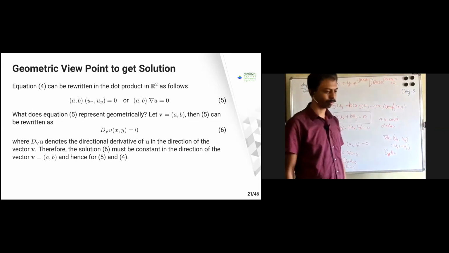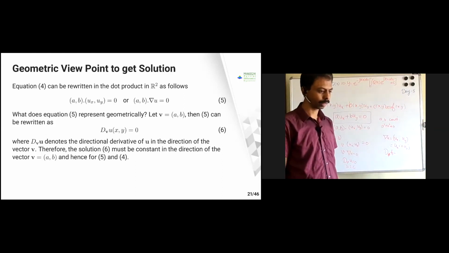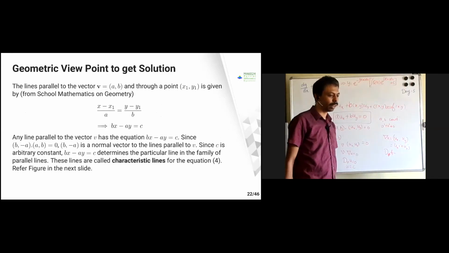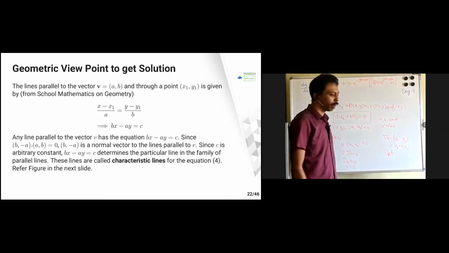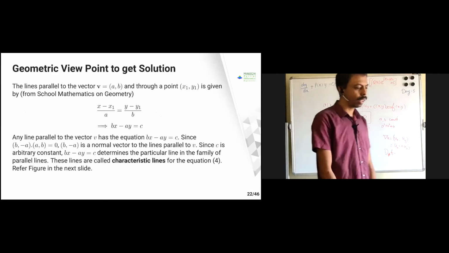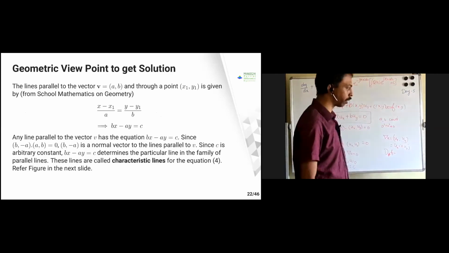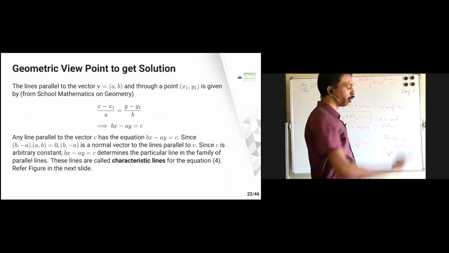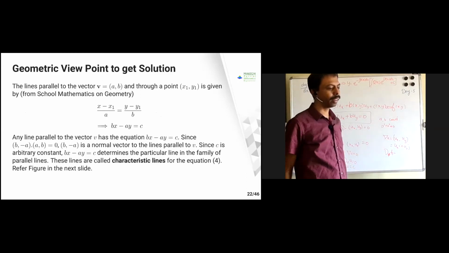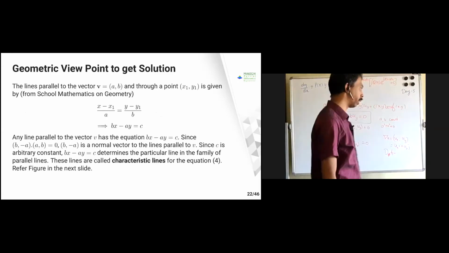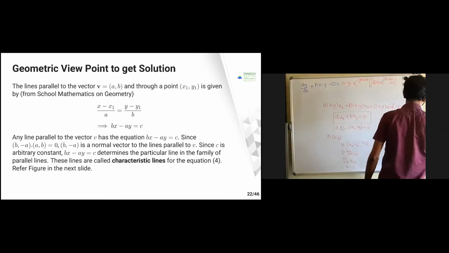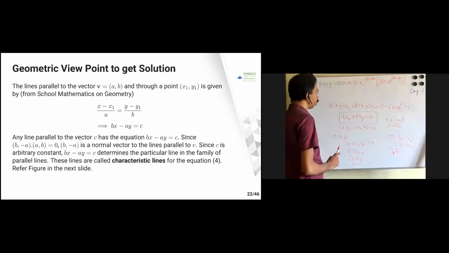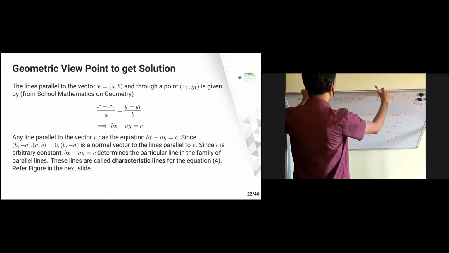Any doubts? No. Okay, fine. Now what we need to find is, because we mentioned this constant, all the lines parallel to the vector. If it is constant, I can take any such line, and u is going to be constant on that line. So I'm going to find the lines parallel to the vector v equal to a comma b. For this, some school physics is going to come into play.